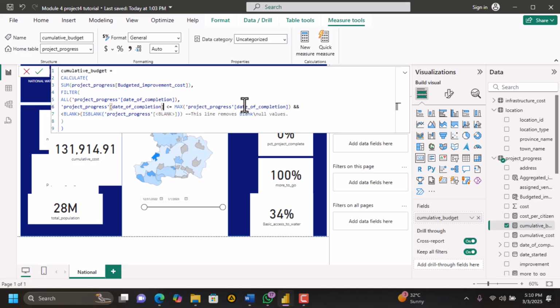So we are looking at the maximum date there and comparing it to the current row. So if the current row date is, let's say, 1st January 2023, it should be less or equal to the maximum in the whole column. We have so many dates in the column. So that date should be less than or equal to, and